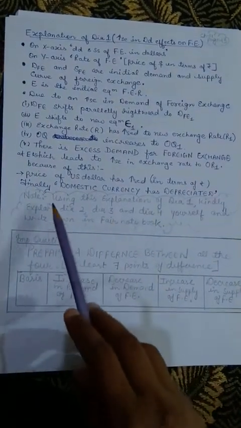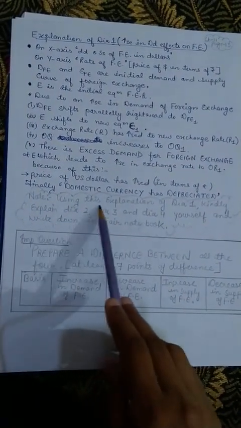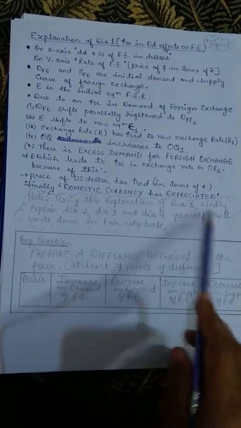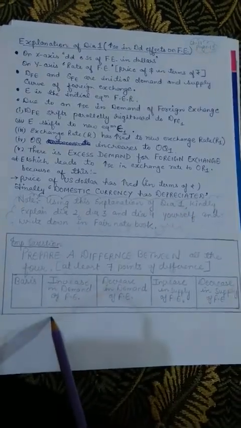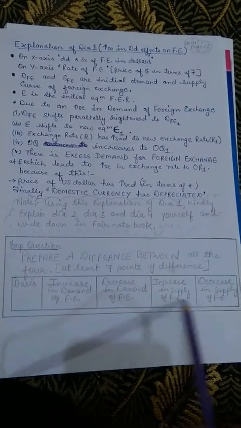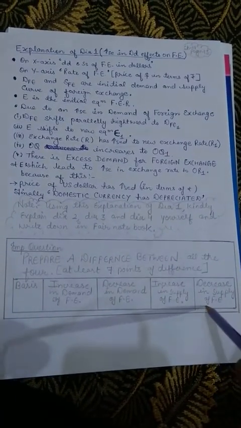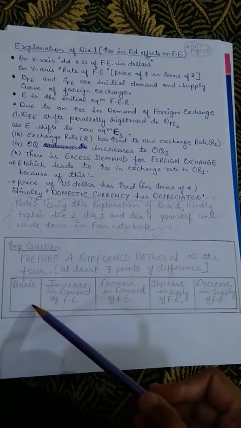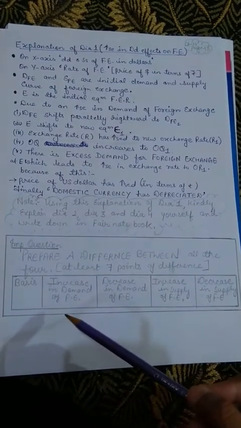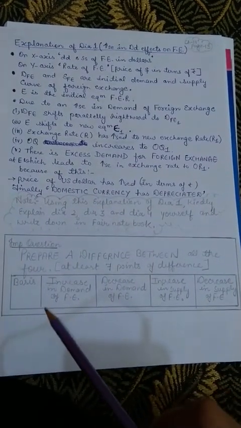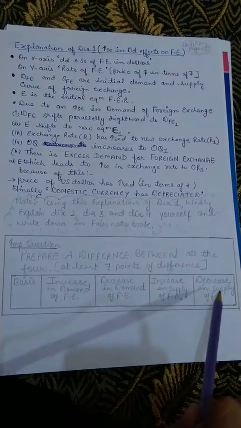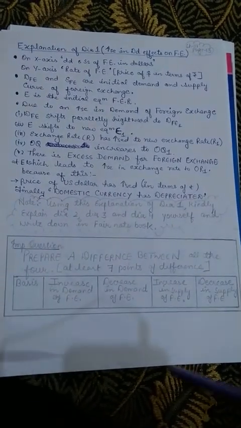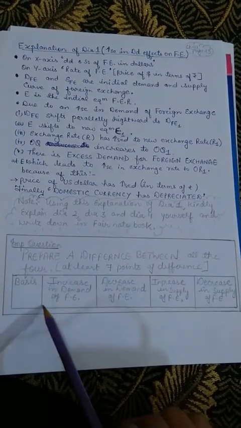So here I have mentioned to you, using this explanation of diagram 1, kindly explain diagrams 2 and 3 yourself and try to write the difference between all these 4 topics. It will be very easy for you to write. Here you will take a basis, as you have done so many differences, so it will not be a tough task for you. So you will make all 5 columns at one place only, and you will write the difference between these